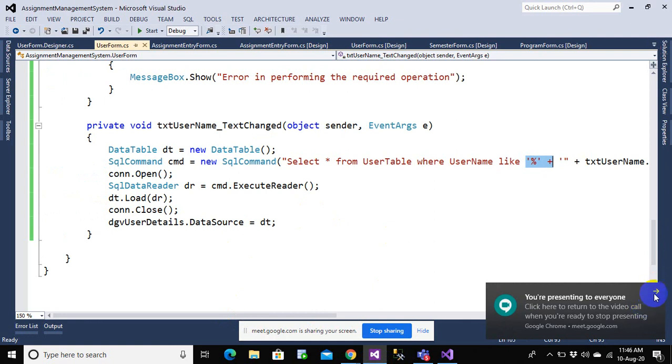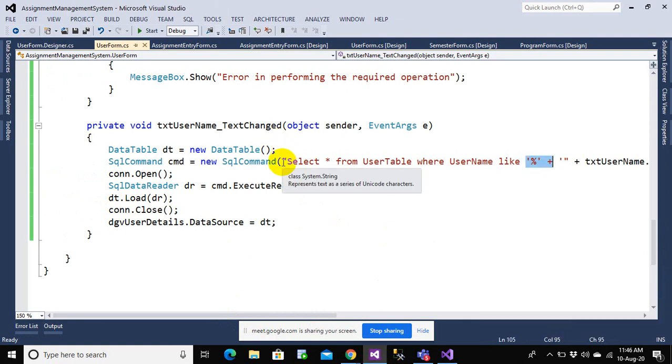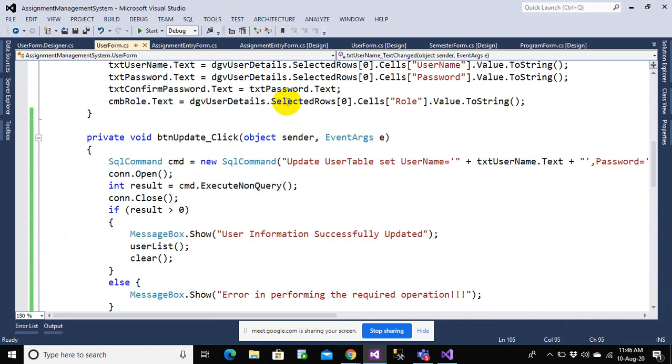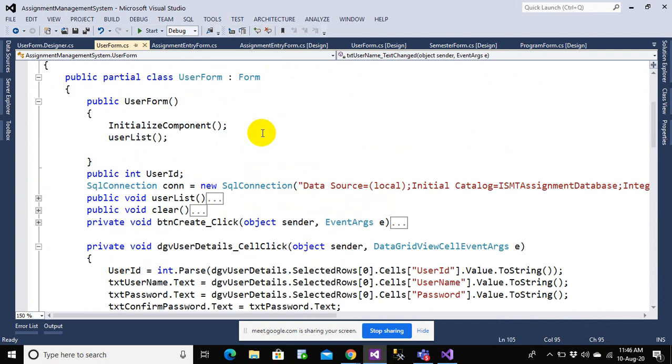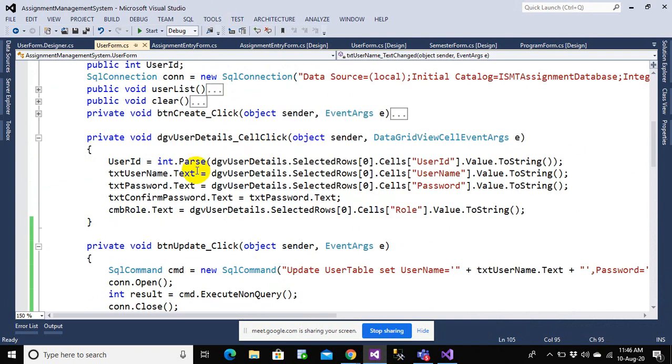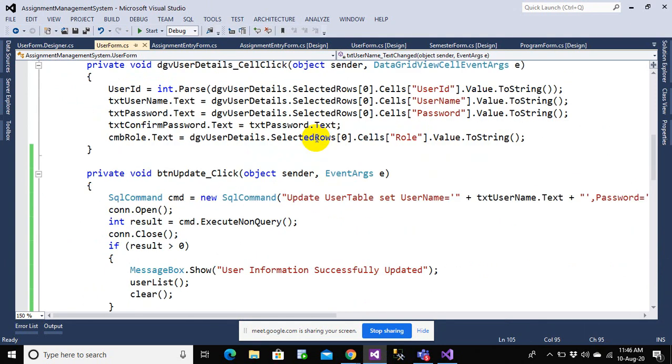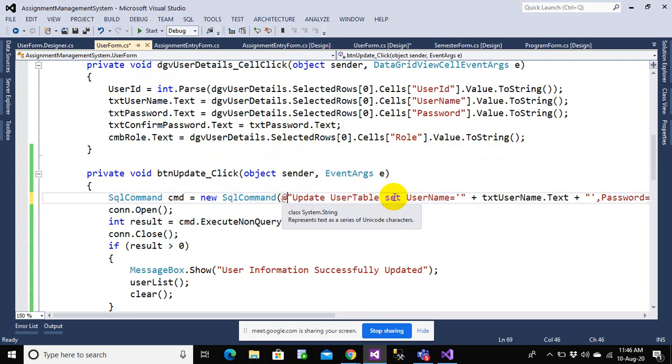Before I move on again, let me review the work that we did today. Yesterday's work was the one where we made an insert operation, and we clicked on the data grid view and populated the values onto the corresponding text boxes. Now today what we did is to make an update operation. In order to make an update operation, let me just write at the rate, and then let me get all the values below.